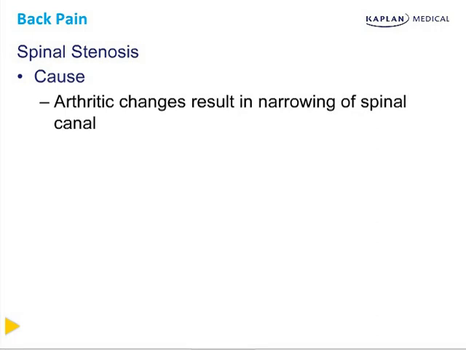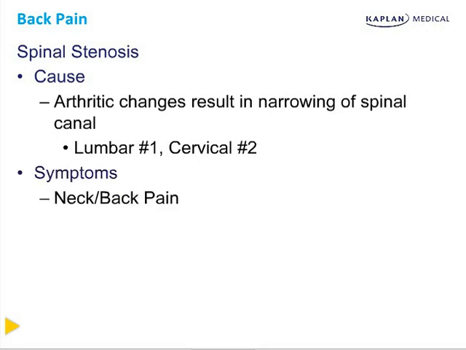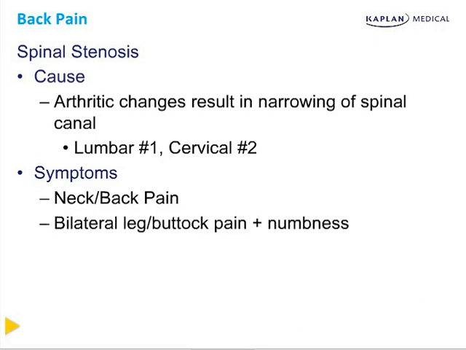Most frequently, spinal stenosis affects the lumbar spine and causes symptoms in the lower extremities, but it can originate in the cervical spine as well, leading to muscular pain and weakness in the arms. Symptoms include neck or back pain at the level of the stenotic canal, as well as dermatomal symptoms that result from nerve root compression. Since this compression is occurring within the spinal canal itself, as opposed to where the nerve root exits through the vertebrae,